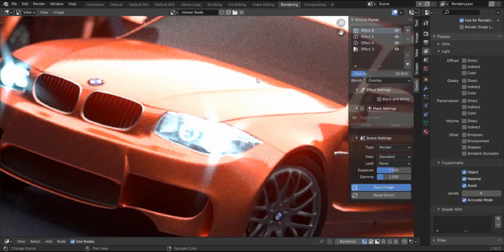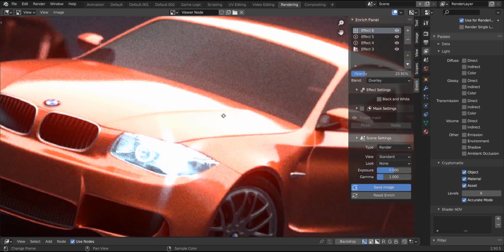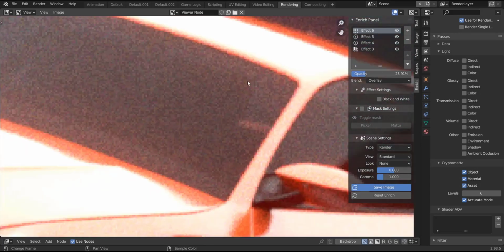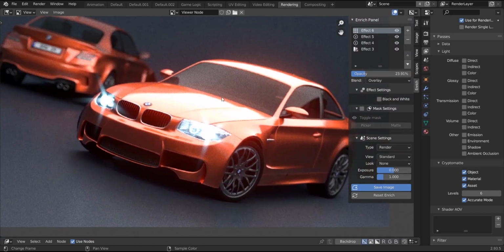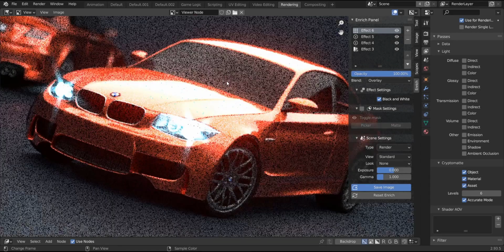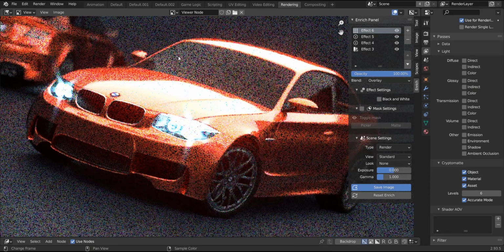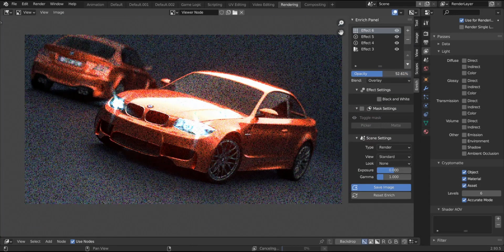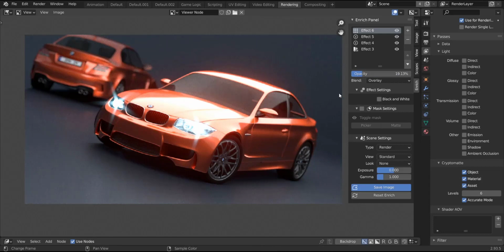And I don't know if it's visible right now with the YouTube compression, but there is some noise applied on this image. We can reduce it even further. Let's make it 18%. This looks really nice. So by default, it uses a colored noise. If you want only monochrome or black and white noise, you can check this checkbox and it'll apply only a black and white noise. So as you can see, it's just black and white, but in this case, I want a colored noise. I think that looks much more realistic. So I'll keep it in the default.